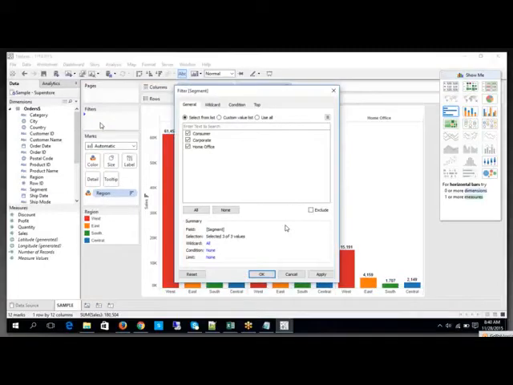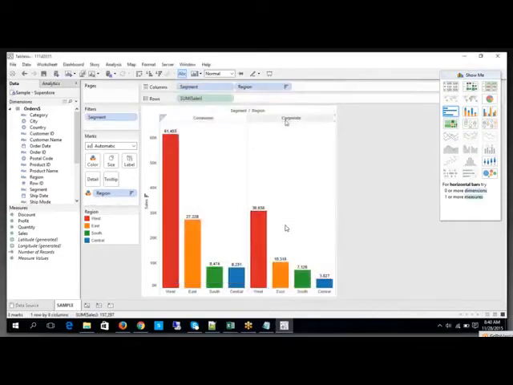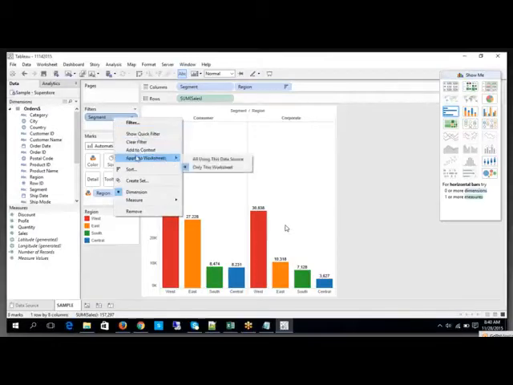Now, for example, let's say I would like to have consumer and corporate in my report. So you have only the consumer related as well as the corporate related. Fine, you have a filter. Now select that particular filter. What is that? Apply to. How many types of filter do you have? What does this filter apply to, all using this data source or only this worksheet?